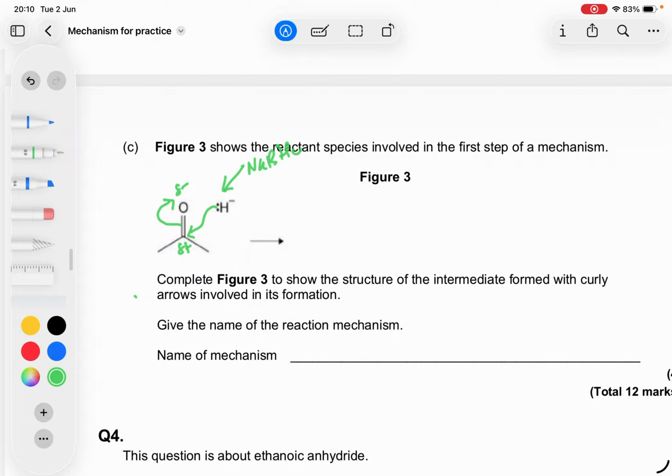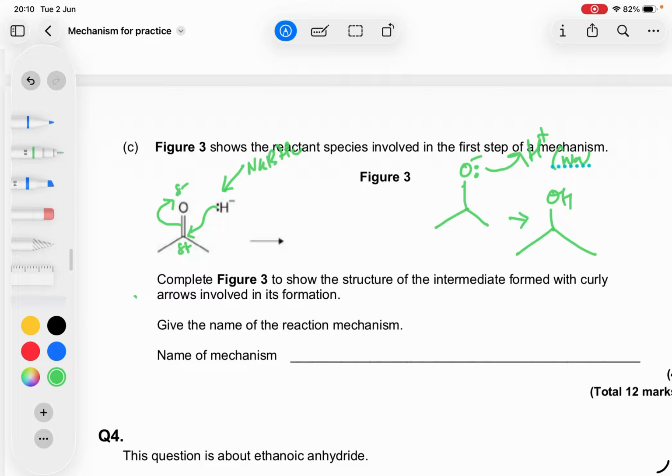When you do that, you get that, okay, and then that will attract H plus here, which comes from water, and your final product will be an alcohol. They haven't asked you for the full thing, but that's the end product here, and that's nucleophilic addition